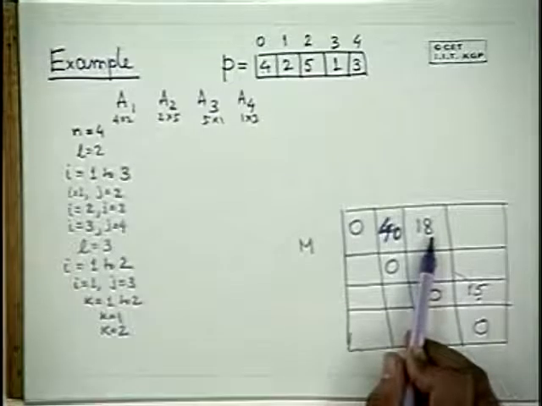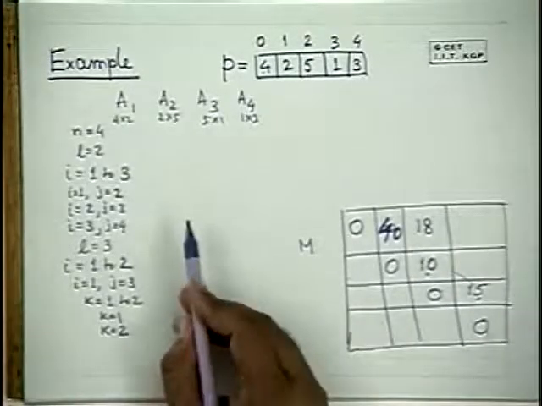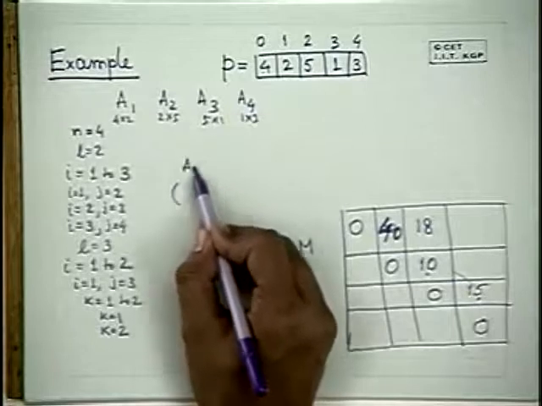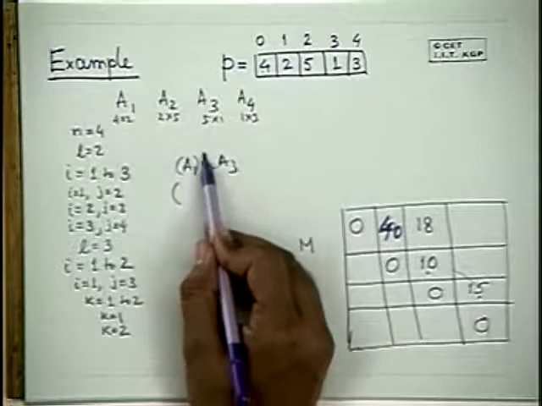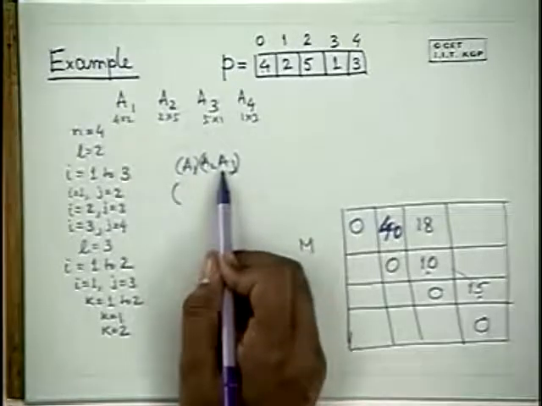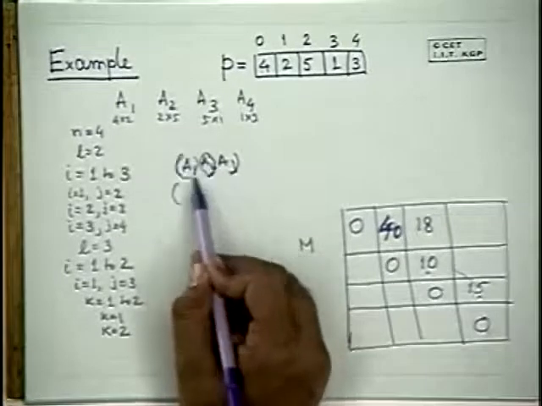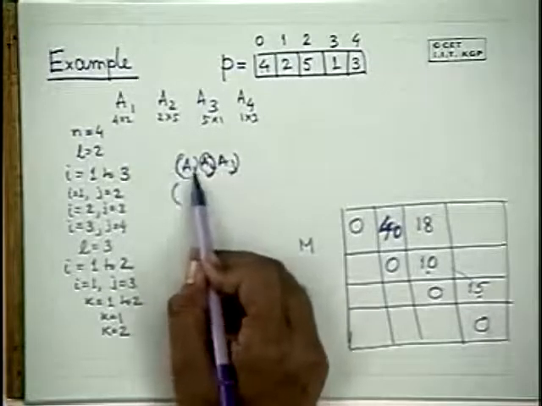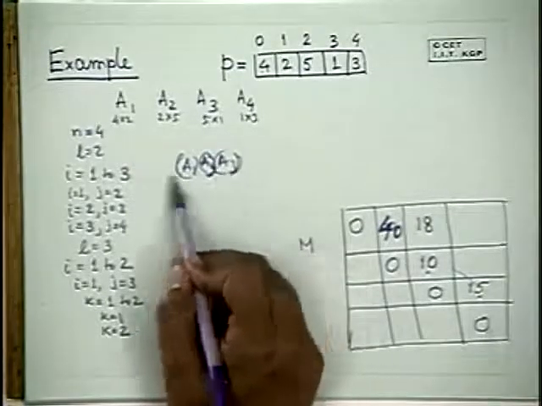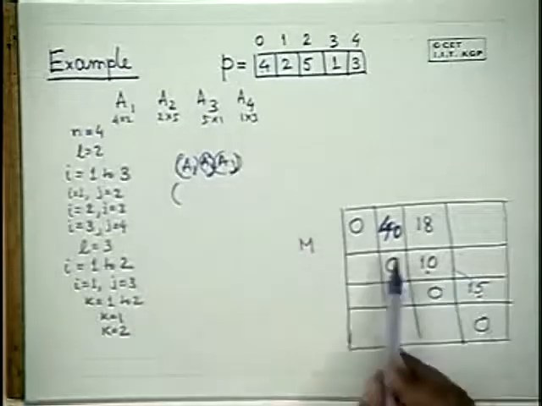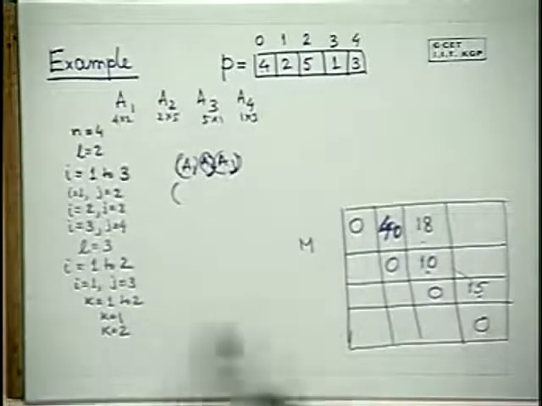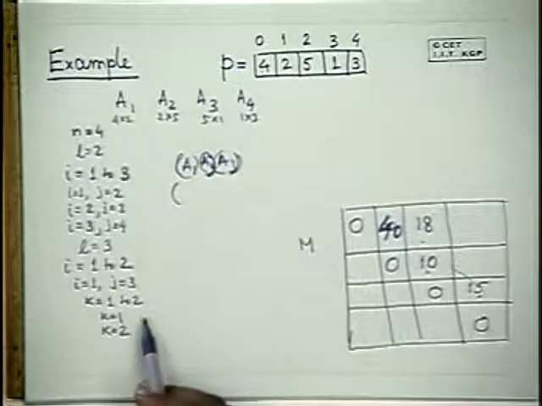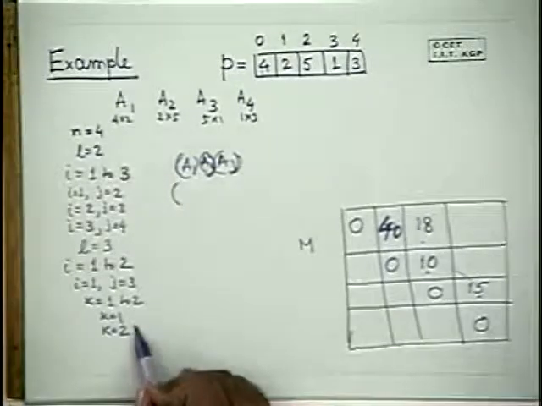18 remains. So pictorially, what does it mean? Pictorially it means this. What did you do? A1, A2 and A3 was there. You first checked whether this one is better, which gave you 18. Then when k is equal to 2, you check that one, A1, A2, and then multiplying this one, which gave you 60. And 60 is greater than 18, so the lesser one was kept, which is 18. That's what this entire loop is doing. So this is k is equal to 2 done.